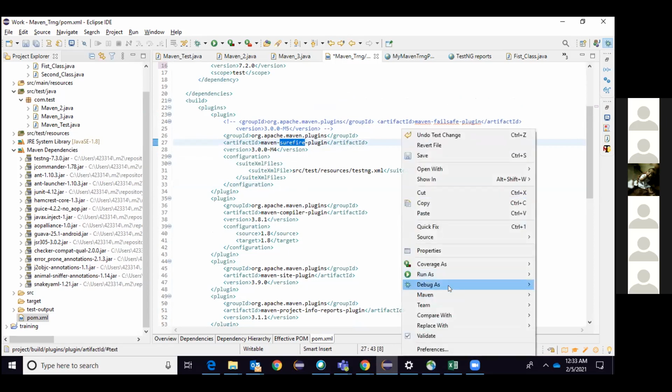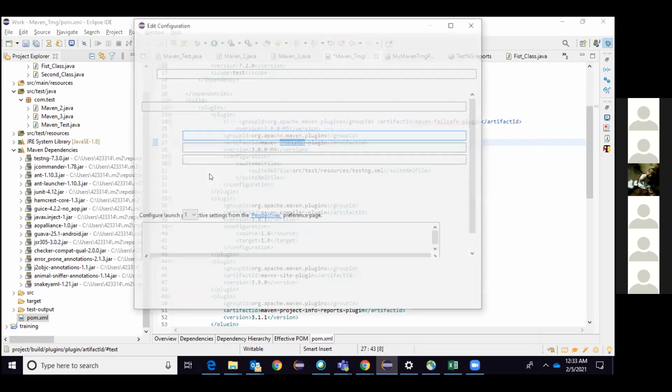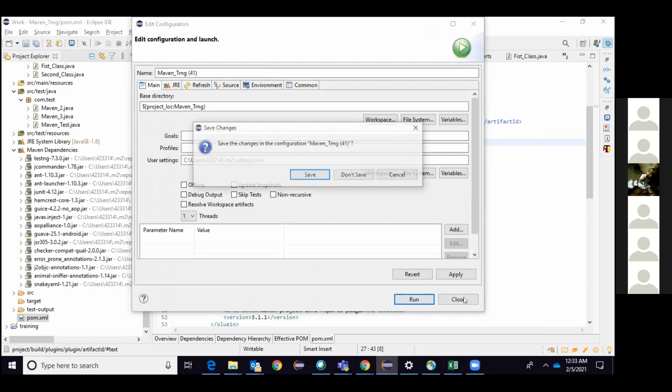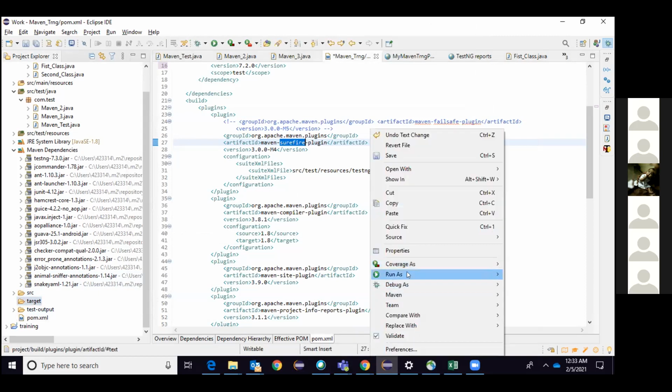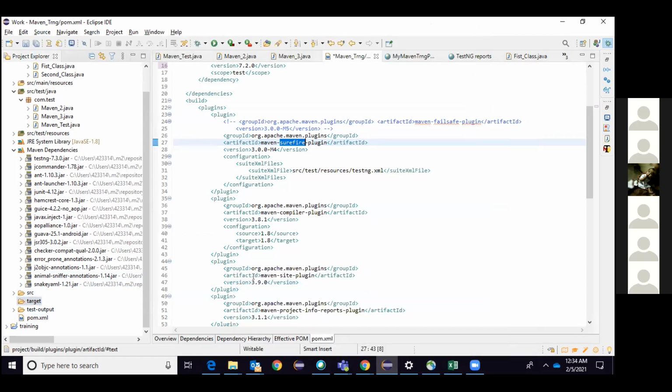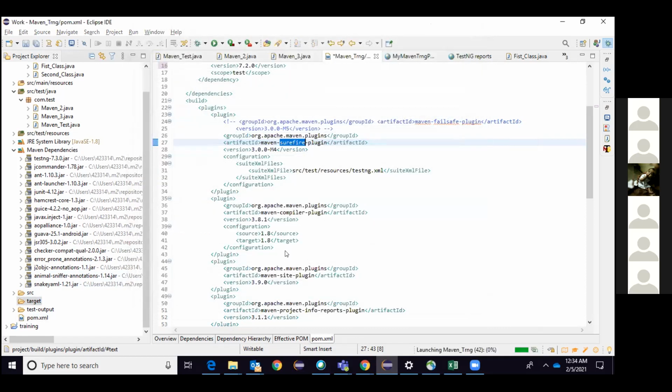Right now I will go here, build. Before that, I want to show you one more thing. This is my target. The target is empty because I just cleaned it. Run Maven build. I will say test. I said it like a goal I'm doing. I have added one plugin and I am saying this is the goal. This is the action you want to do in my project. Then if I say run,